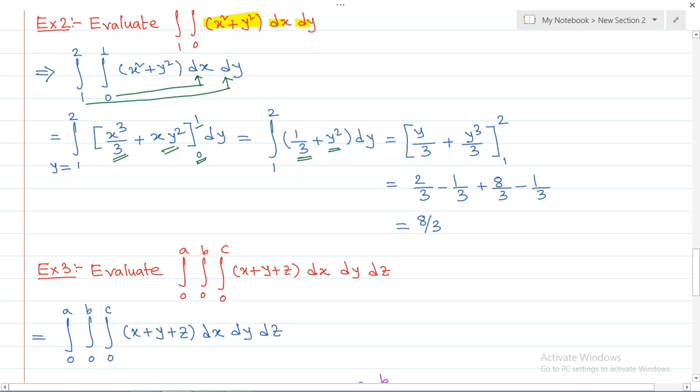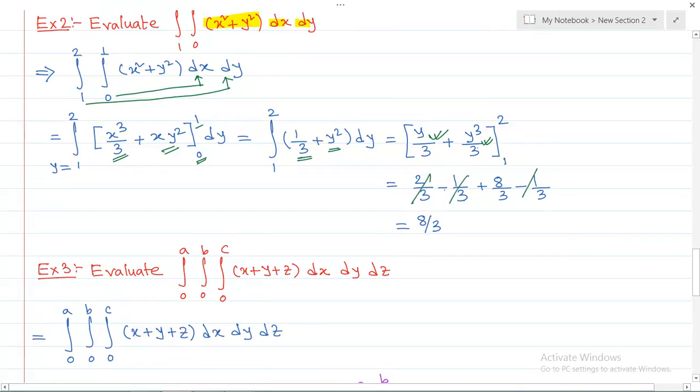So the integration of 1 by 3 dy is y upon 3, and the integration of y square is y cube divided by 3. The limit is 1 to 2, so we substitute the upper limit 2 first: 2 by 3 minus the lower limit 1 by 3, plus for the second function 2 cube, 8 by 3, minus the lower limit 1 by 3. So the 1 by 3 and 1 by 3 will get cancelled out with the 2 by 3, and the result is coming